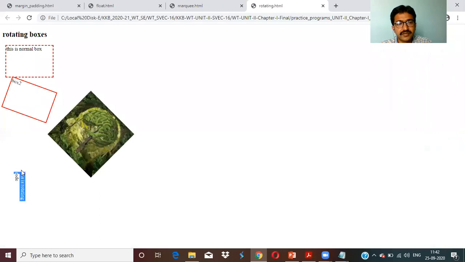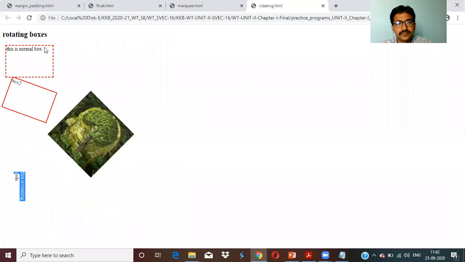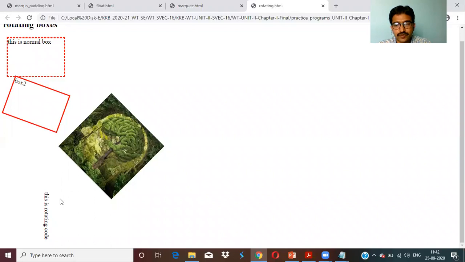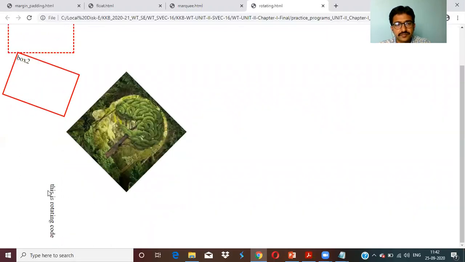In this one, if you want, you can increase the width and height of this to 150 width and 100 height. See, the 90 degrees. If you want, it appears visible here. Right.